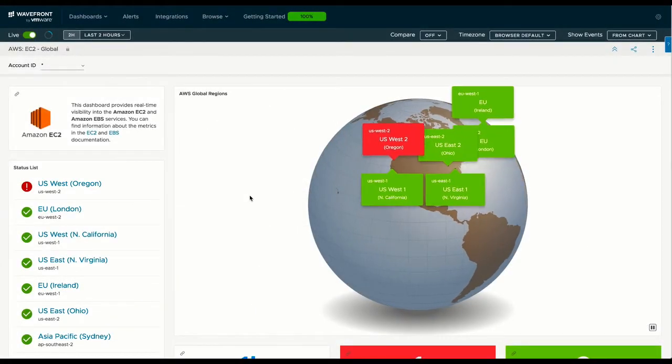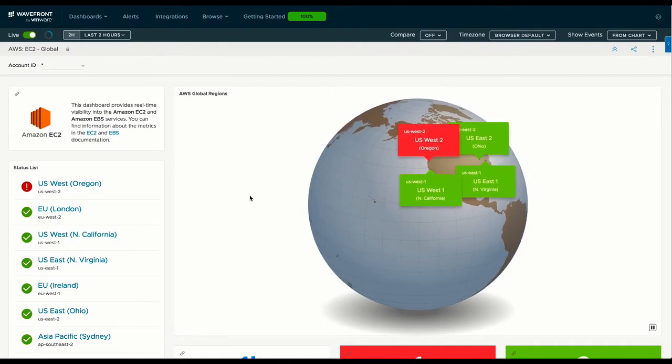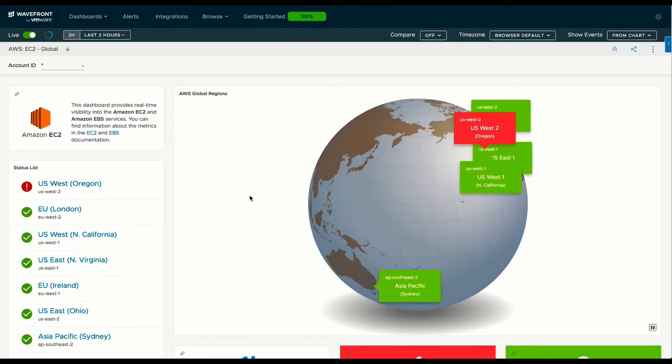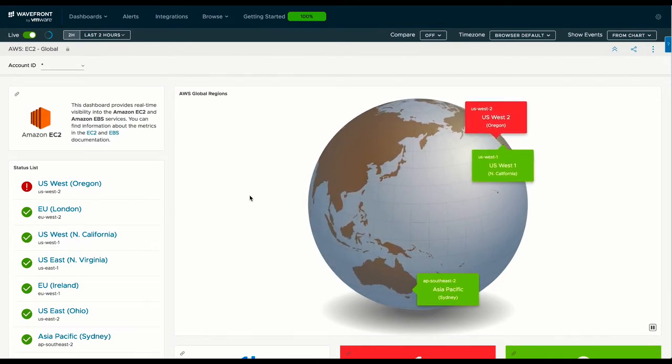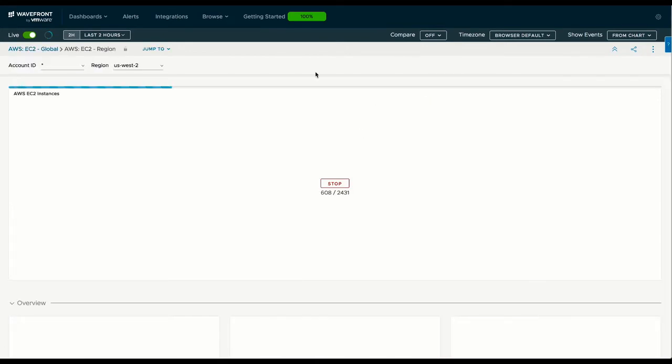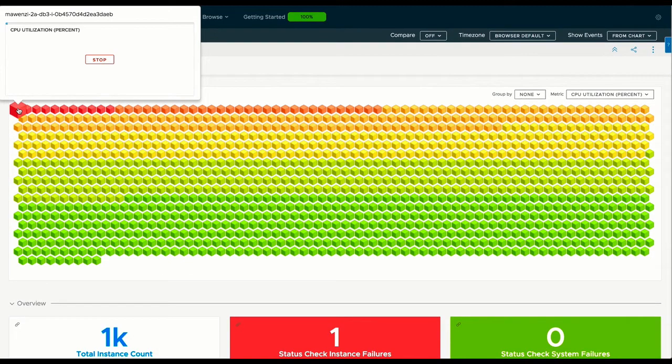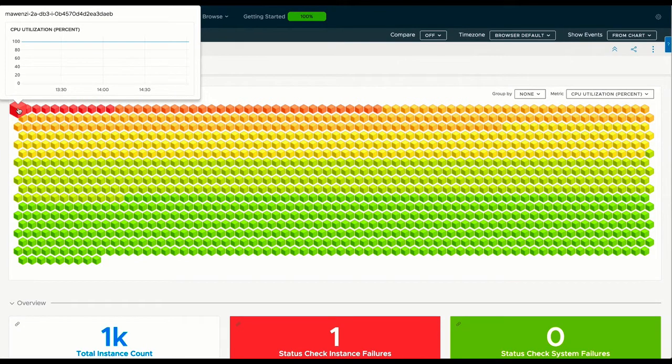Carlos looks at the globe. He immediately sees that the US West 2 region is red and clicks it. Clicking on the region drills down to the node map, where he can find problem instances for the region. Carlos notices that several instances for the region are red. He hovers on one such instance to get a preview, and then clicks on the instance to drill down to